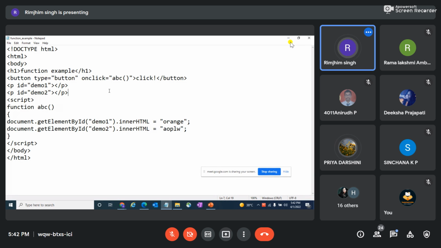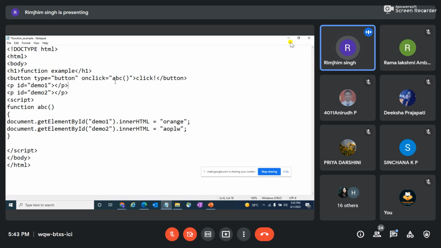Okay, I understood. If I create two, three buttons, one click, like, I didn't notice that. So similarly, on the click of my button, n number of functions I can call. So for example, if I have ABC function here and I declare one more function which is maybe XYZ, I can just call my function on the click of my button event. I can just call it.